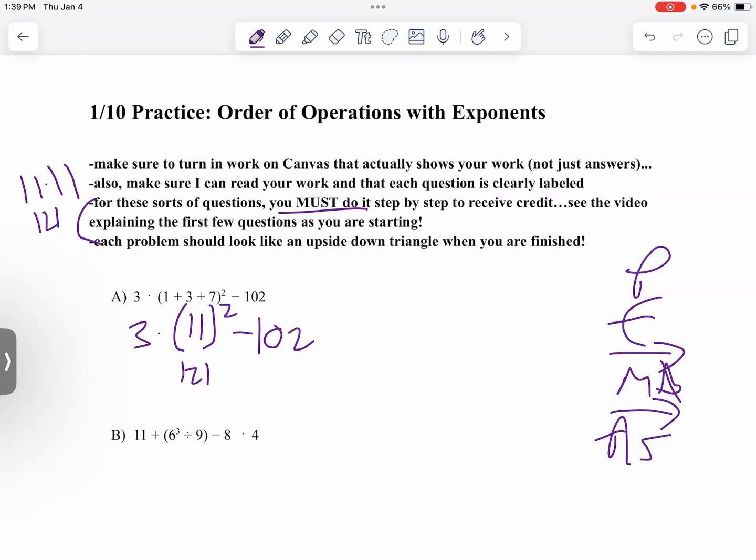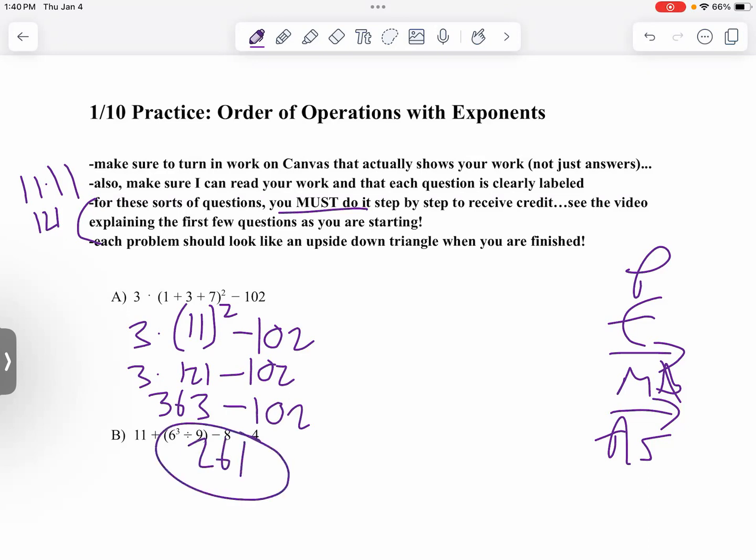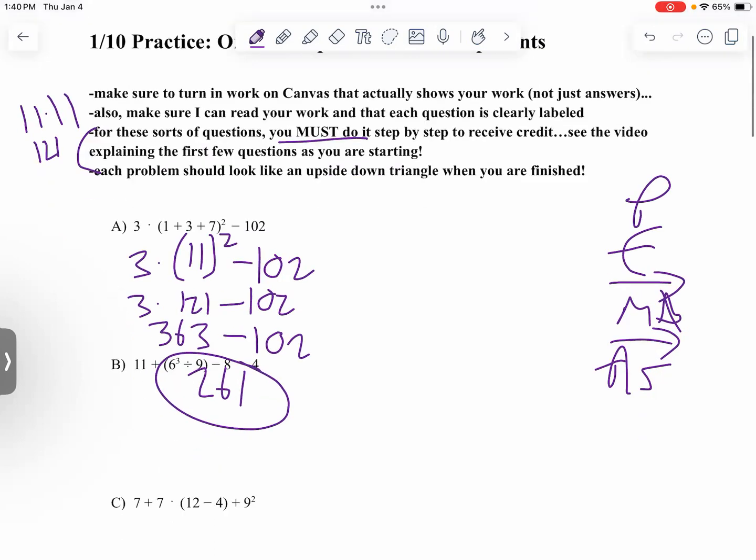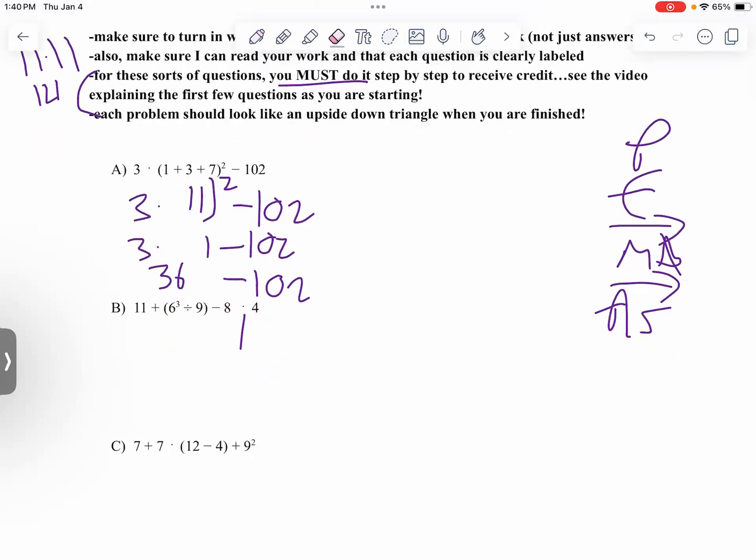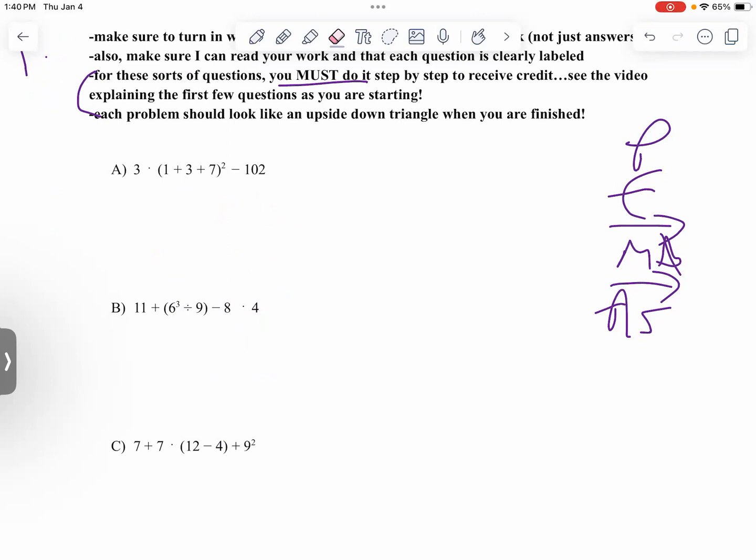Okay, so now we have 3 times 121, all right? And then minus 102. So 121 times 3, you should get 363 on that one, minus 102, and that would be 261. So that is the first one. Okay. Next, we have